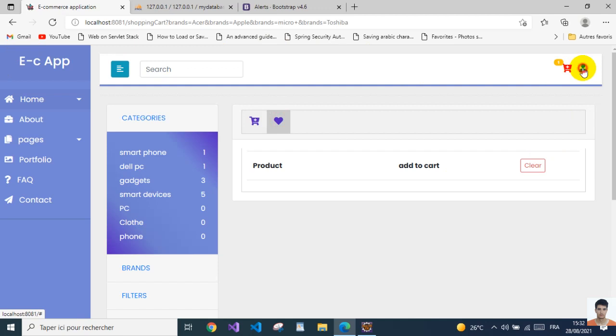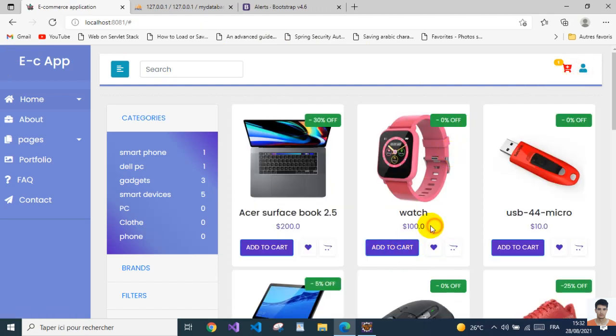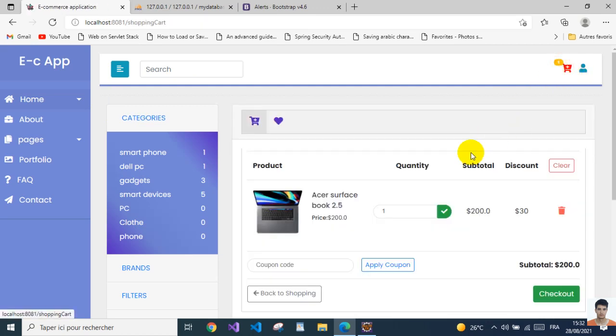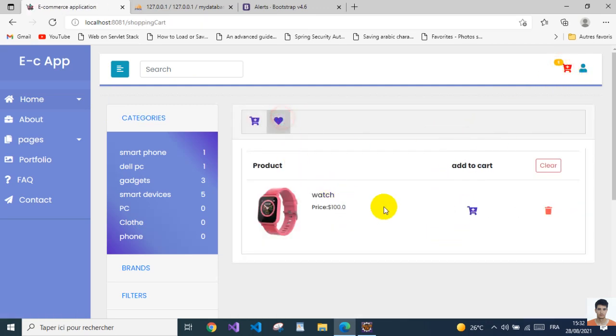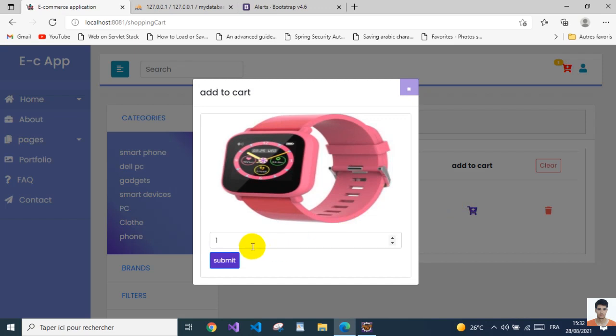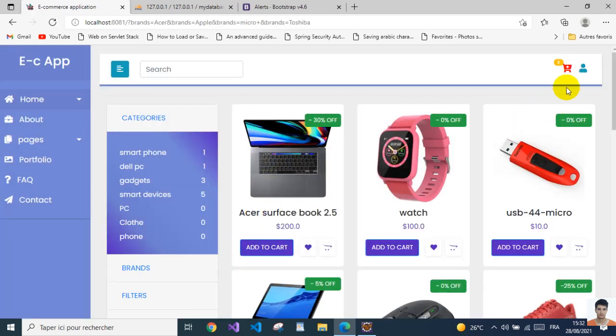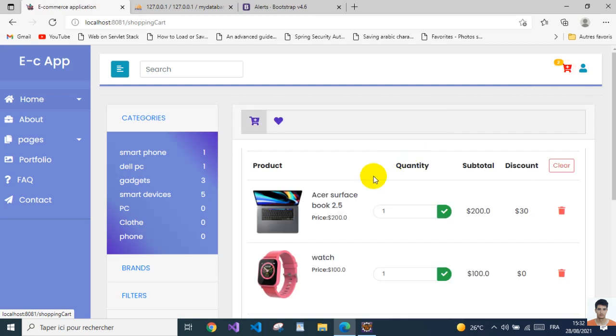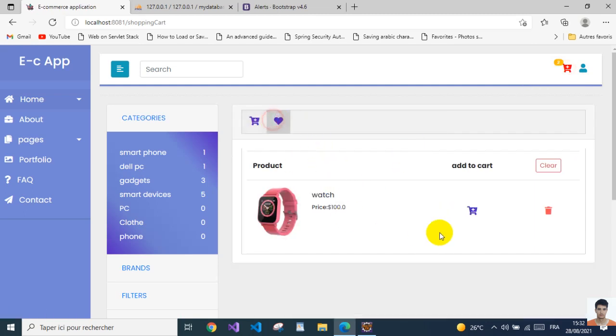But if I go back and add this, for example, and go here and add this to the cart, we should stay on the same page anyway, but it doesn't matter. And this is still here,